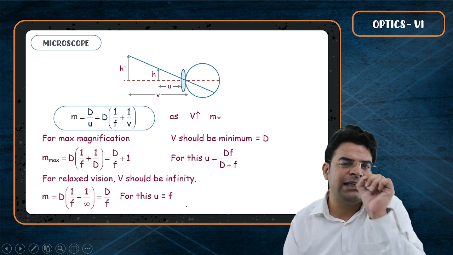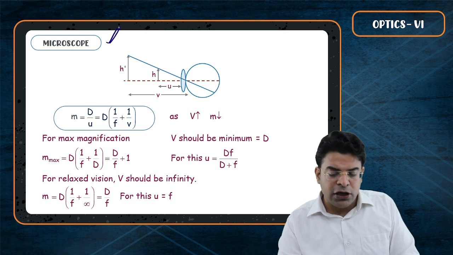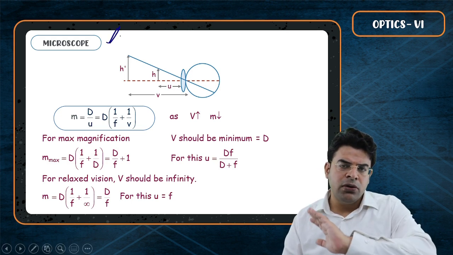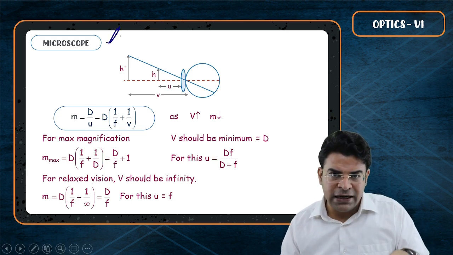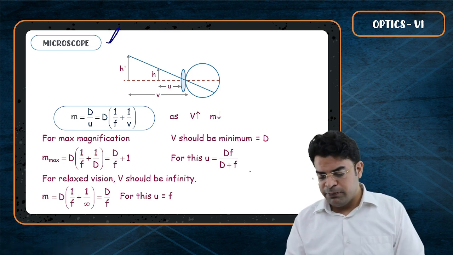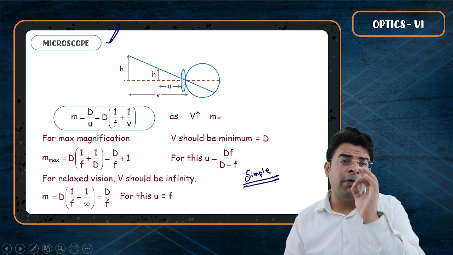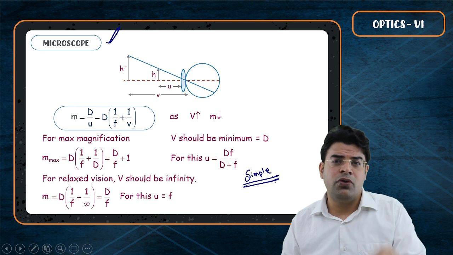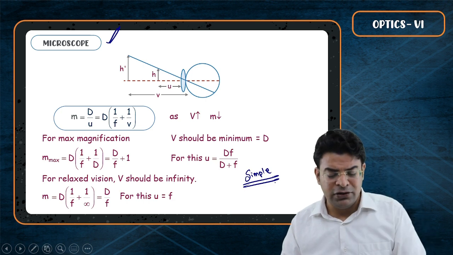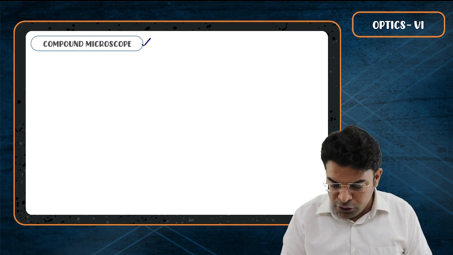at a distance dx inside. Now I say that if you know the simple microscope really well, your part is done. So at this point I will say pause the video, listen to the simple microscope part once more, and believe me, if you know the simple microscope part clearly, compound microscope and telescope are a cakewalk. They are very easy. So now we will talk about the compound microscope.